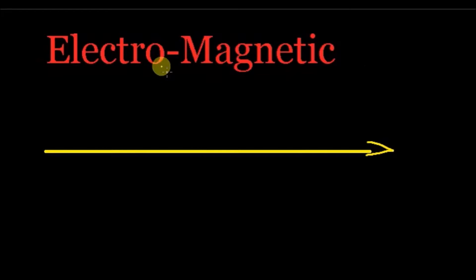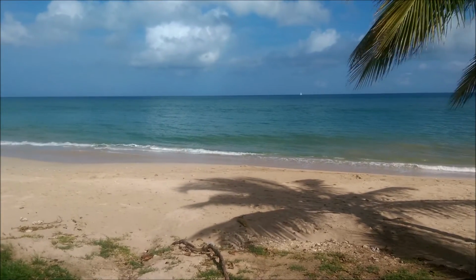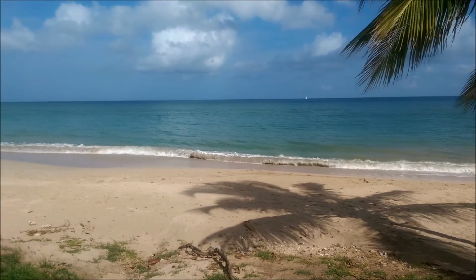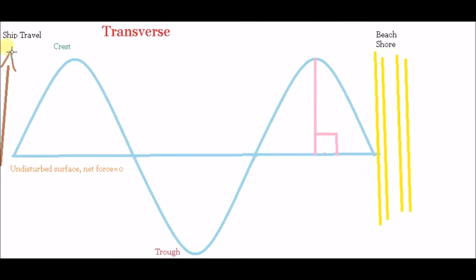Waves can be defined as the transfer of energy from one point to another through a medium such as air, whether it's an electromagnetic wave like light, space. So on the beach, for example, as ships pass, they displace the molecules in the water, and that energy that caused the displacement travels along until it hits the shore.